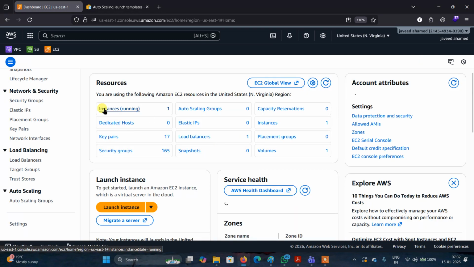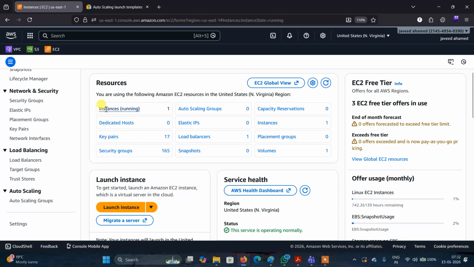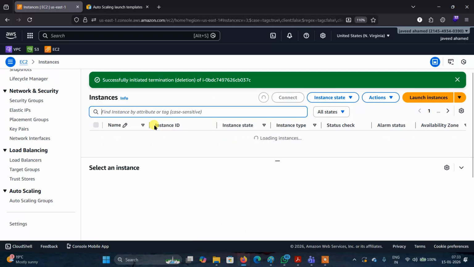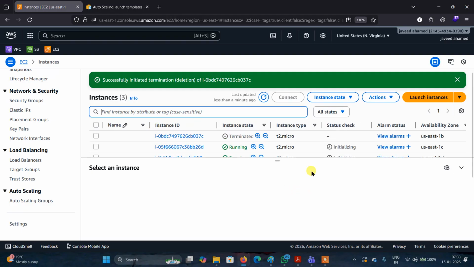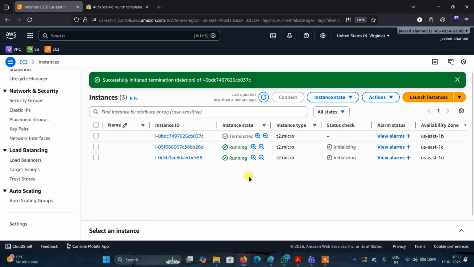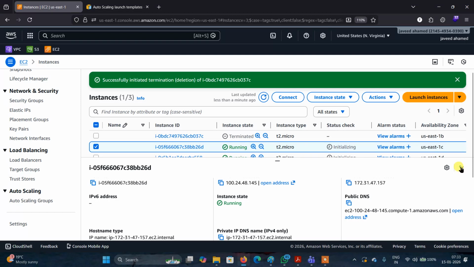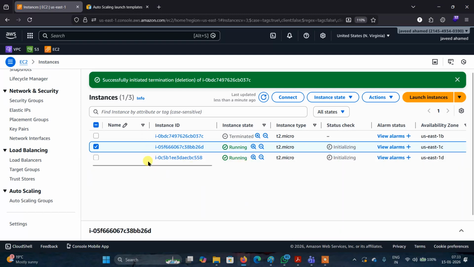Yes. Here, see this. There is already one instance created. Now it will create two instances. You can check here how many instances are created. Two. Why is it two? Because we had defined the desired capacity as two. What is the maximum capacity? Four, right? Maximum capacity, yes, 4.